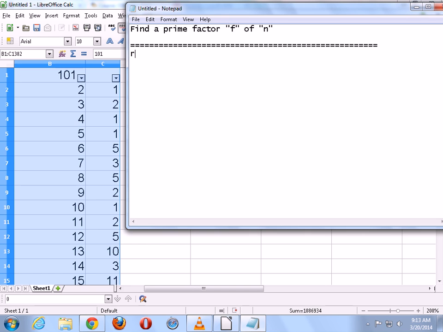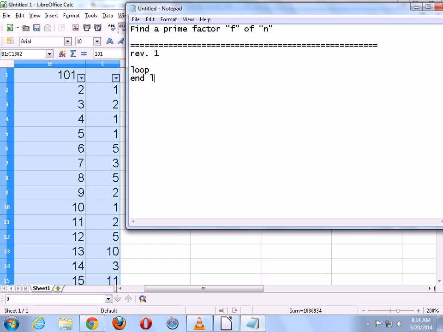Does anyone think this particular method of finding a prime factor is just sequential, or is it repetitive? In other words, am I doing something like 1, 2, 3, 4, I'm done? Or is it more of a repetitive nature, keep doing this until a condition is true? The second. Okay, the second, because it has a repetitive nature, we basically keep doing something until a condition is true. Just knowing that it has a repetitive nature is already good.